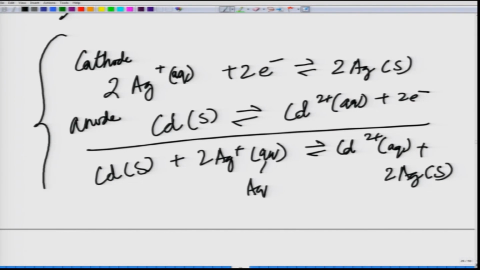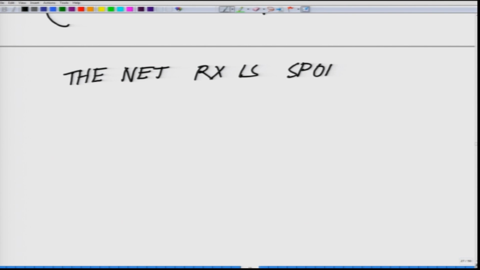So, this is the overall reaction which is happening, and the net reaction is spontaneous,